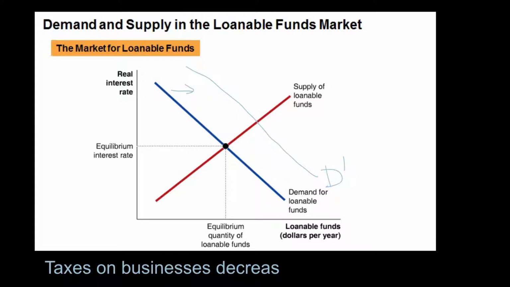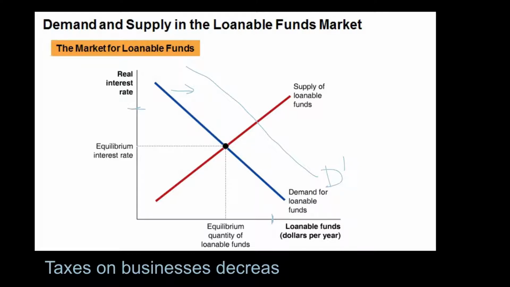So now what we're going to have is a higher interest rate and, again, like from the last graph, a higher equilibrium quantity. So one of the reasons you hear a call for decreasing taxes on businesses is this idea we're going to have a higher equilibrium quantity, we're going to have more investment made, and therefore more capital per hour worked and more technological change and more labor productivity and ultimately long-run economic growth.